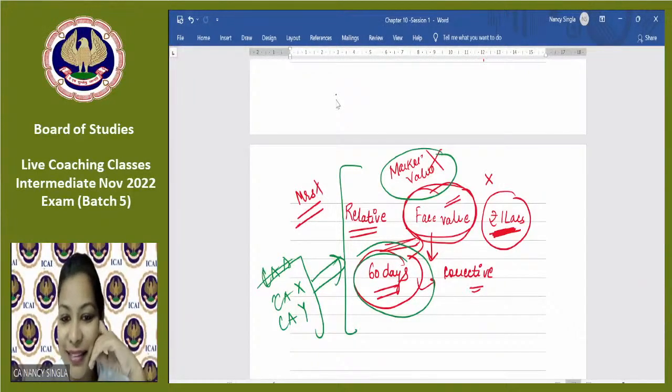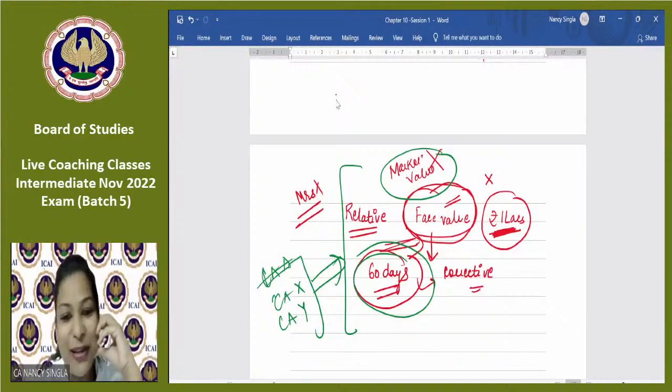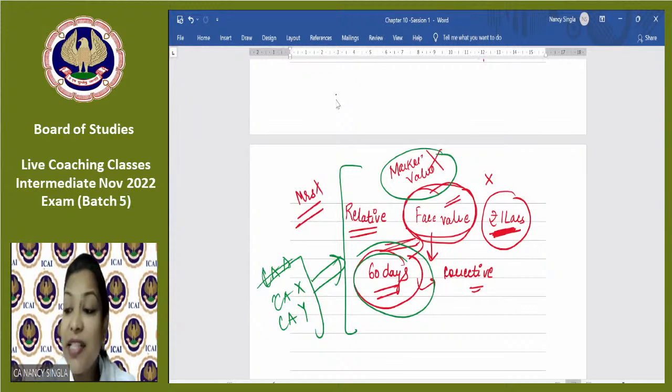Ben Reddy is saying either the shares can be removed or the relative can be removed. So I'll advise you all that if you become the CA and this is the situation that you face, then please remove the shares. Take corrective action with respect to shares. Okay? So if a CA himself is holding the shares of a company, he cannot be appointed as an auditor of the company.